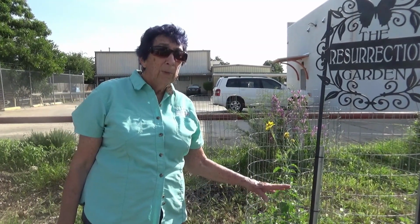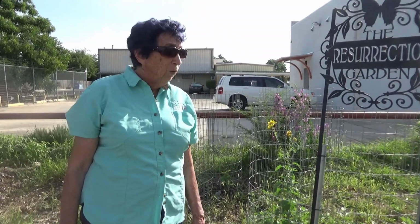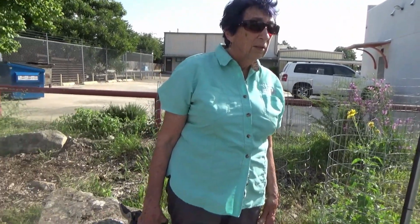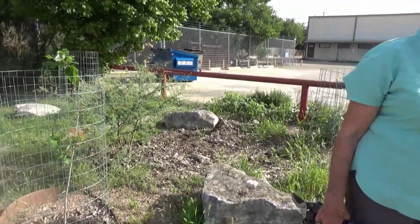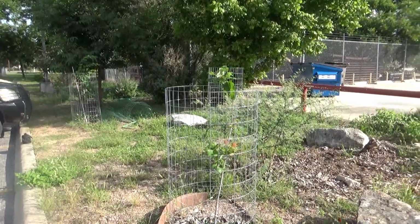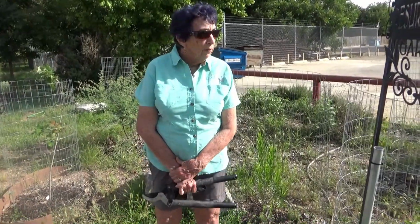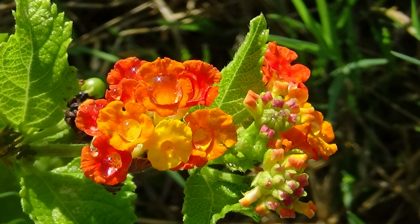And as I said, in November when we started, and February when PGARP came, this was just a wasteland. This was a thicket, and stuff died. So now we have learned a lot. This is the third summer, and what we're growing now is different from what happened last year because of the freeze, and we're learning how to deal with the things that froze. So we have had a good growth of milkweed this year, and the monarch butterflies have come through, and we are about to have a new